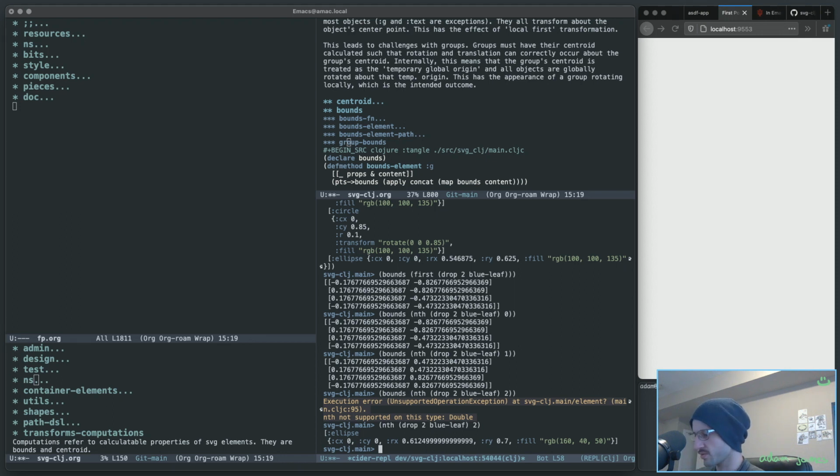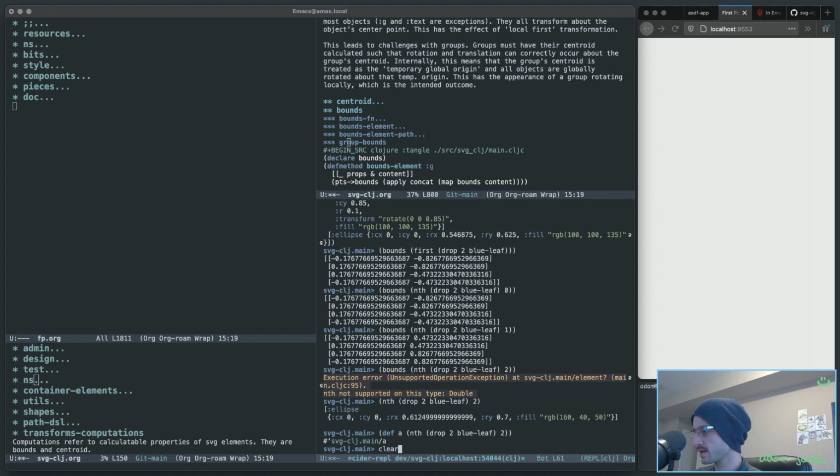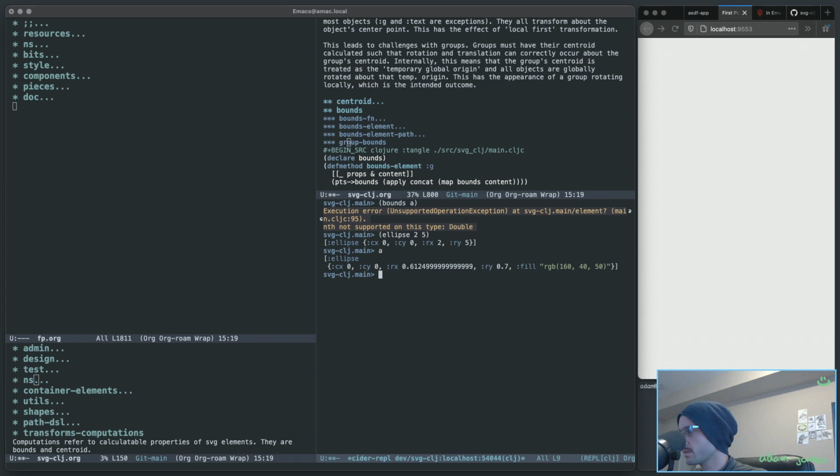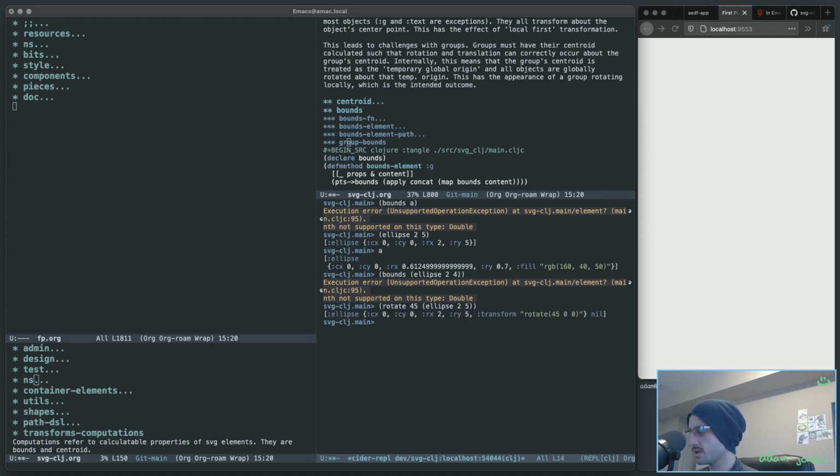Okay, ellipse. Something went wrong with ellipse, eh? Okay, if I def a as this piece. Oops. All right, let's have a peek. What's the deal with an ellipse? Okay. Okay. So we can ignore the fill of that, right? If I just do bounds of a normal ellipse, same issue. If I do rotate 45 of ellipse 2 to 5, ooh,